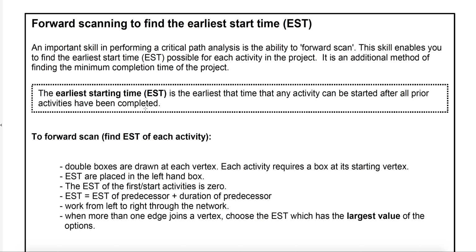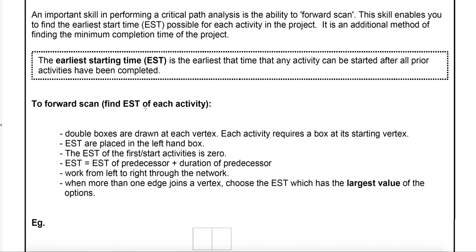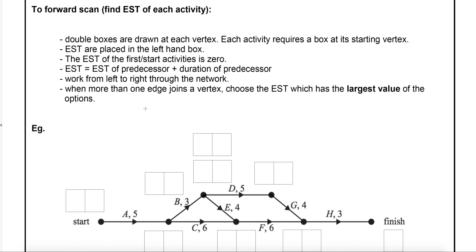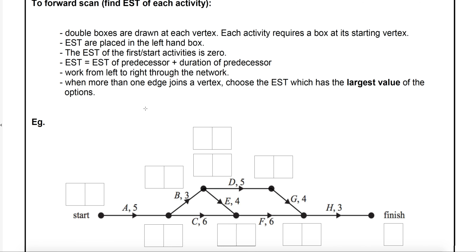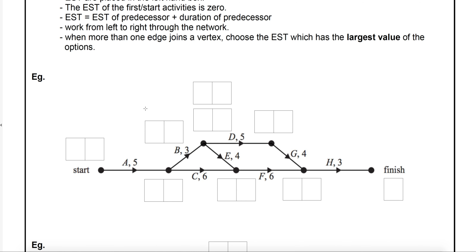A couple of things before we start this. There is a way of doing it, and there's a way of showing your workings as well. You'll see under here that I've done it for you already. I've given you some boxes. Notice this network. This is one we've already looked at. It's the same one as on the previous page. There are now boxes drawn,